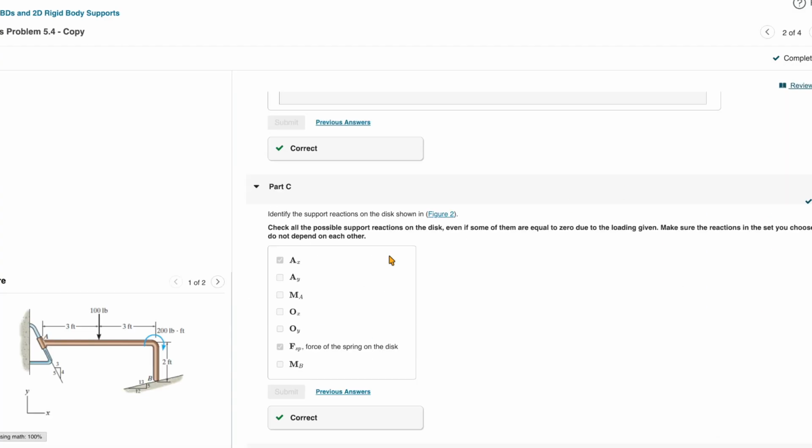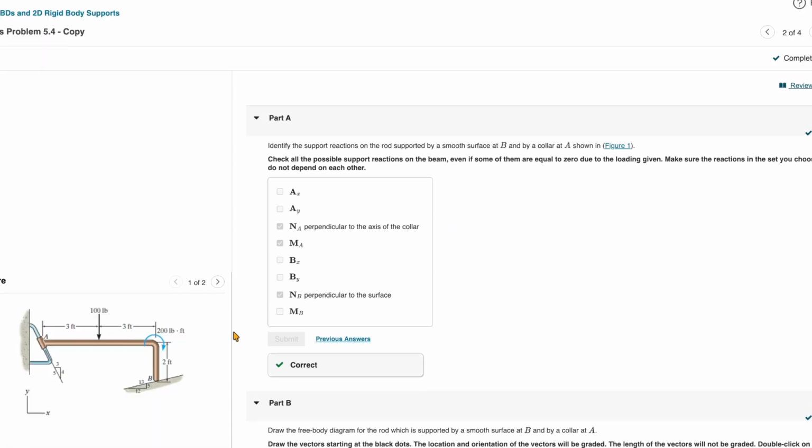For problem 2, we were given this funky little pipe thing, and it says identify the support reactions on the rod supported by a smooth surface at B and a collar at A, right? Okay, so going back to A, you isolate A. You don't think about anything else. You try and pull it up, it's going to go up. So you can't select, there's no reaction force from A in the X direction, and the Y direction. Do the same thing for the X direction or the Y direction. You can move it. So both of these are going to be unchecked because there's no force holding it back,